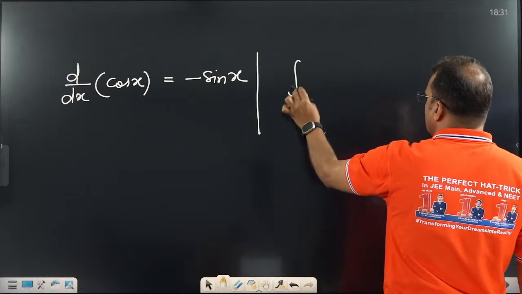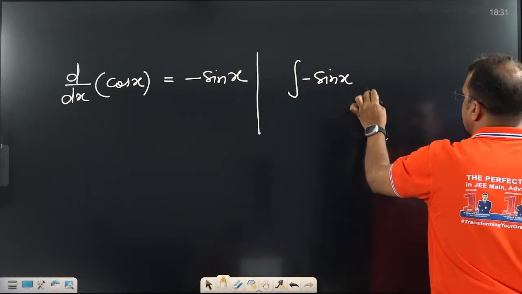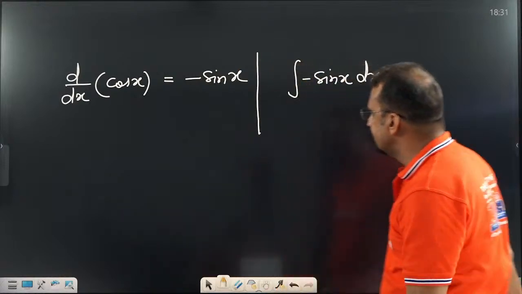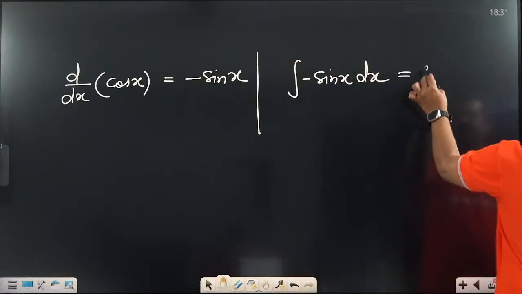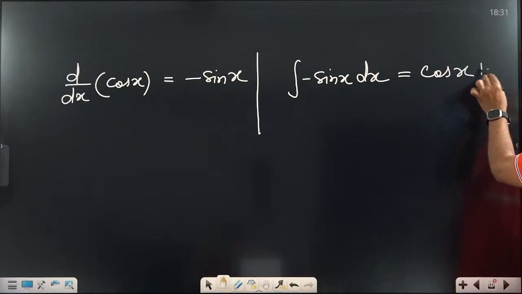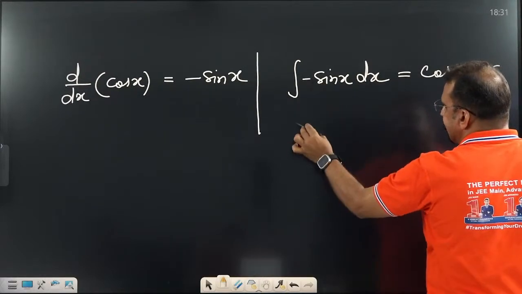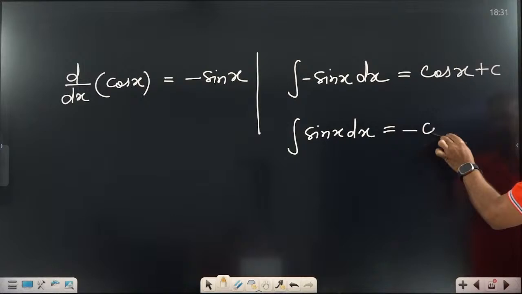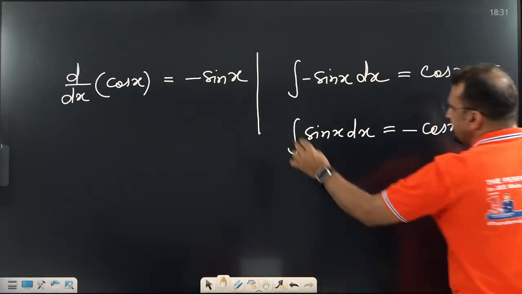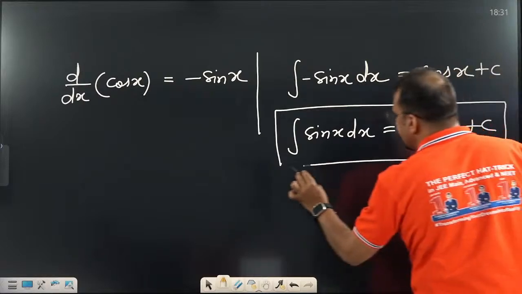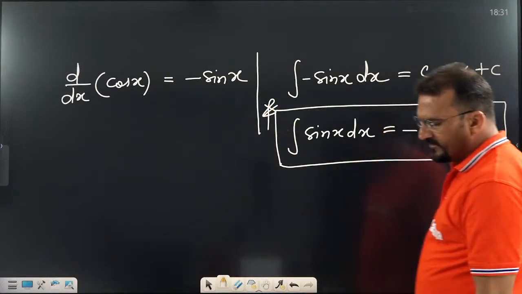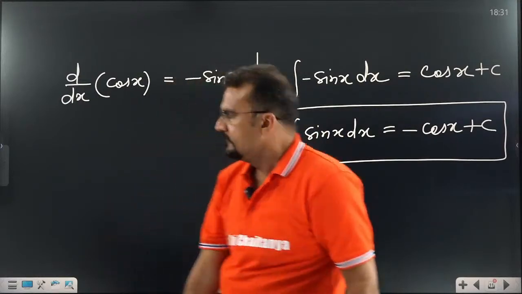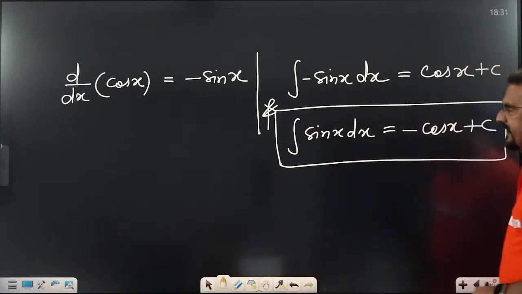Then if someone asks you integration of minus sin x with respect to x, it is the reverse process. Minus sin x is differentiation of cos x. Yes or no? That's why integration of minus sin x is going to be cos x plus c. Remember that. See, minus sin, but we require sin x integration. That's why sin x dx integration is going to be minus cos x plus c. Remember this. Most of the time I found that students get confused in plus and minus. Integration of sin x is not cos x. This is minus cos x. So integration of sin x is going to be minus cos x.